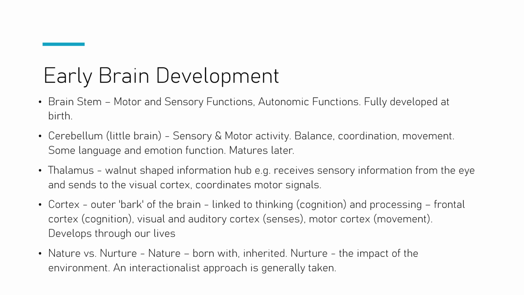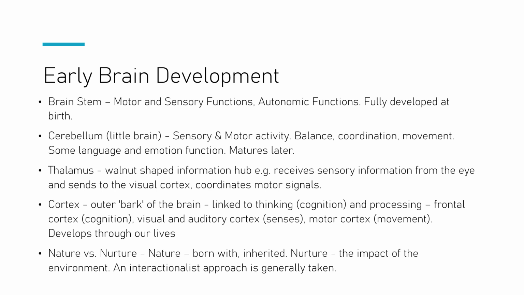The cerebellum, the little brain. So again, that's sensory and motor activity. It looks at balance, coordination, movement. There's some language and emotion functions in there. So this actually matures a bit later when the child gets a bit older, and you can understand that. A child getting more complex in their language and their emotion comes a bit later on,